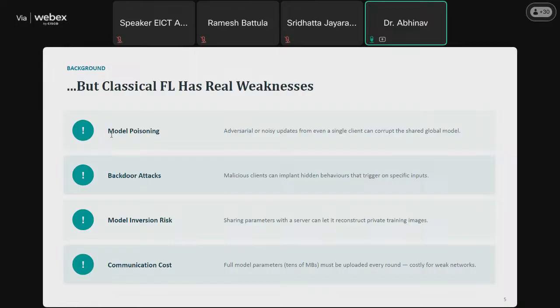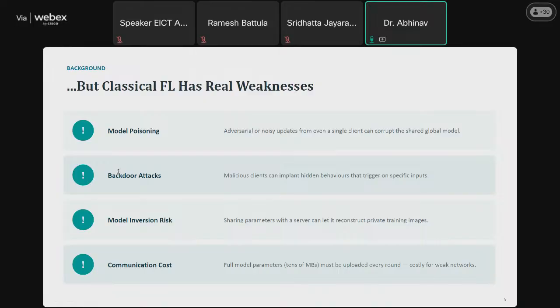Since the server aggregates updates from all the clients, these malicious updates become part of the global model. As a result, the performance of the global model degrades, affecting every participating hospital. So the security of the entire system depends on the honesty of the participating clients.